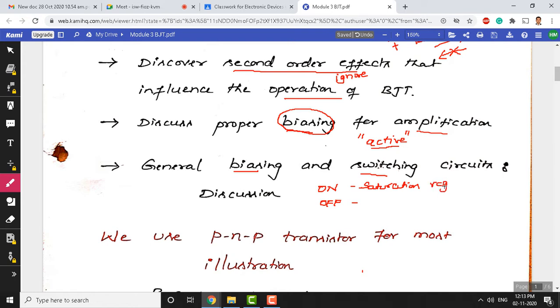The saturation region is one of the regions in the characteristics, because the entire output characteristics of the BJT are going to be segregated into different regions. One region we already discussed is the active region. The other region we are going to discuss for switching operations is the saturation region, and for off, you need to operate the BJT in the cutoff region. In the cutoff region the BJT will act like an off switch. So we can operate the BJT as an amplifier or as a switch, depending upon which region we operate in. In order to operate the BJT in the saturation or cutoff region, you have to design a bias circuit.